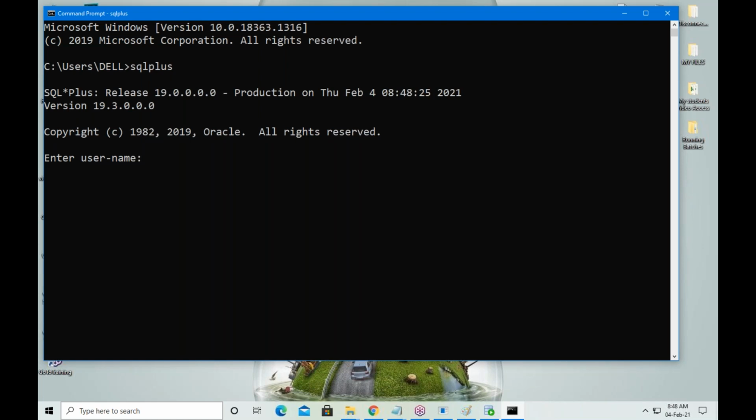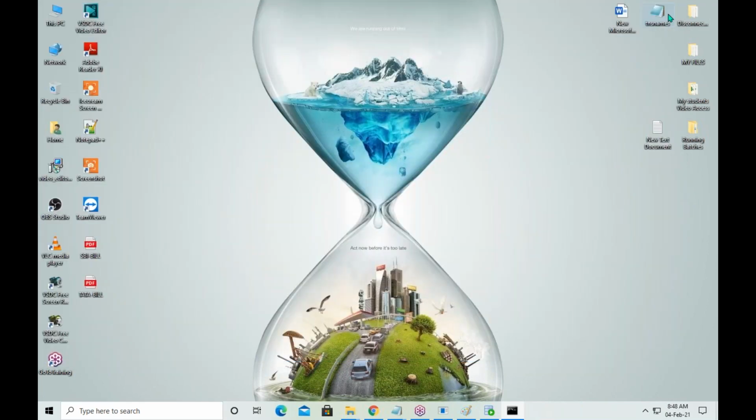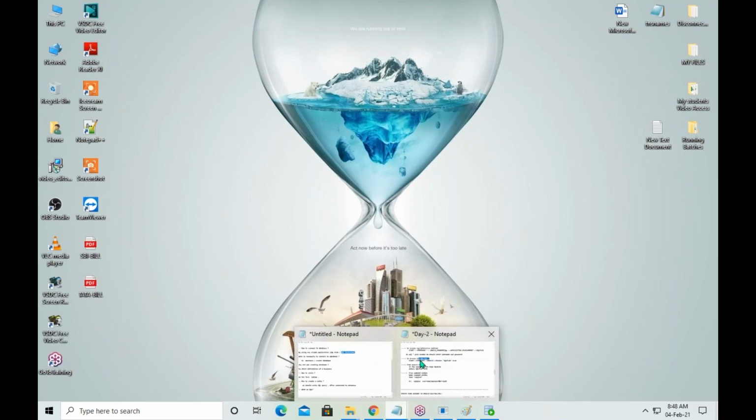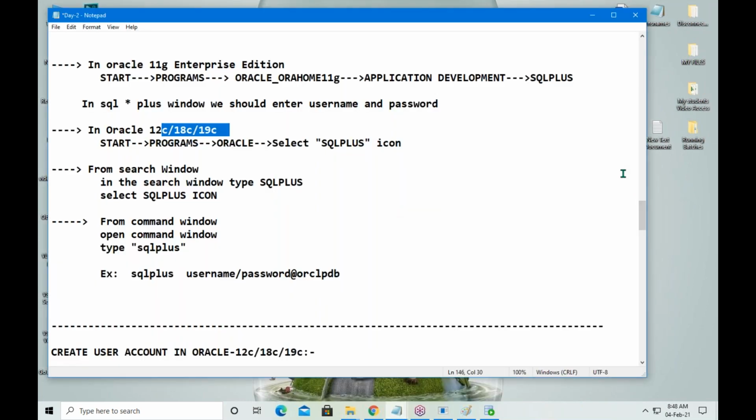I have explained three methods. First, through the Start button. Second, through the search button. Third, through the command window. You can use any one method to open SQL Plus.